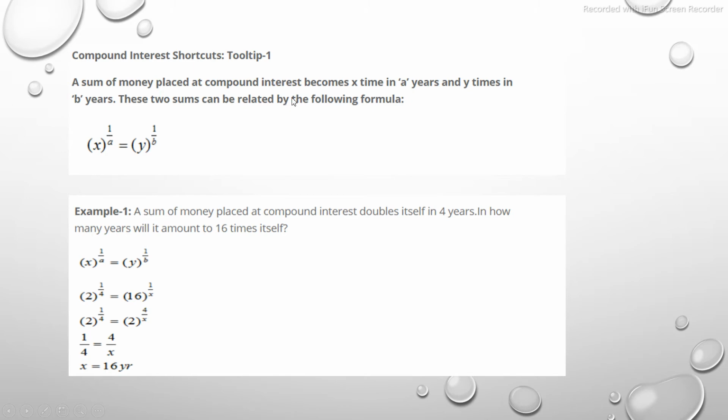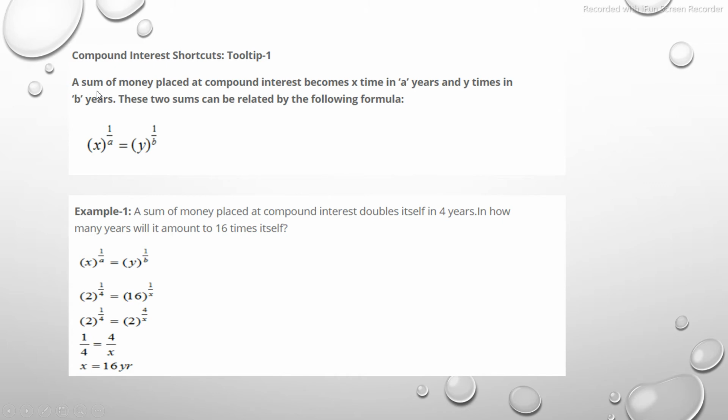Next, here are some formulas, or we can say some tricks to solve the statements given in compound interest. Generally in competitions, they don't usually give you the years and the rate and ask you to find the compound interest. There will be some statement from which we need to find the answer. To find those things, we need some formulas because of which we are able to solve it in less time.